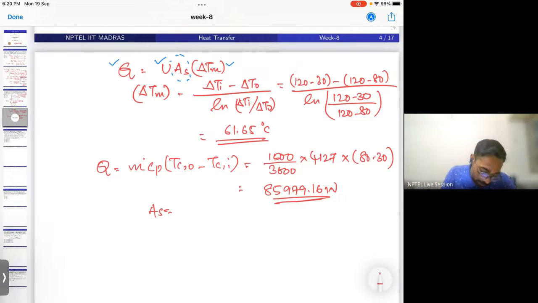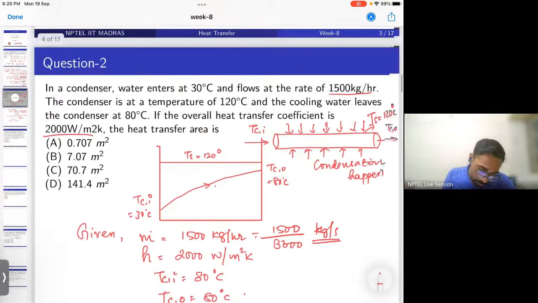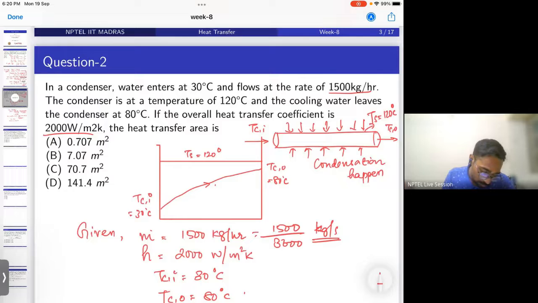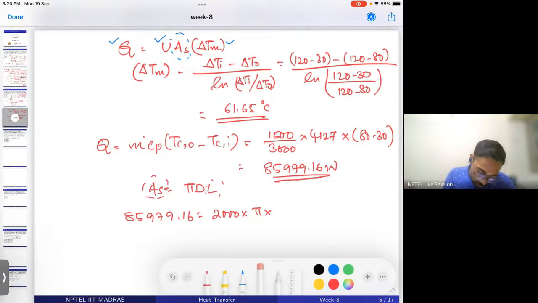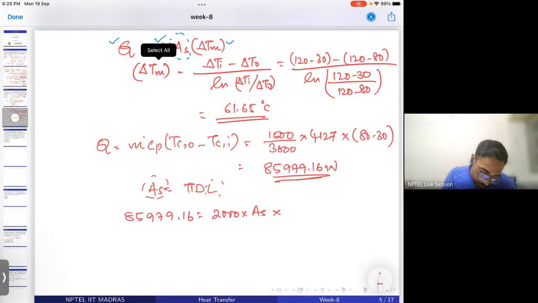So area is pi d into L. So we need to find out what is L. It's given by diameter, I think. Okay, no need of this. We need to find out what is AS, the surface area of heat transfer. So U into AS into the log mean temperature difference, 61.65. So the AS will come out to be around